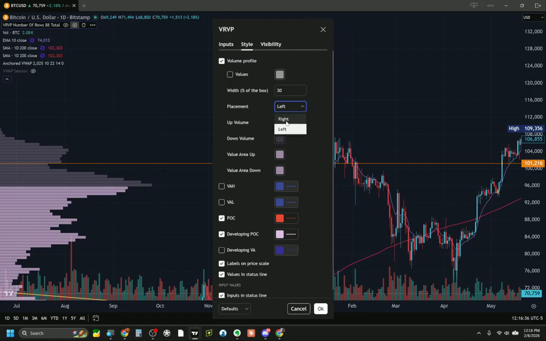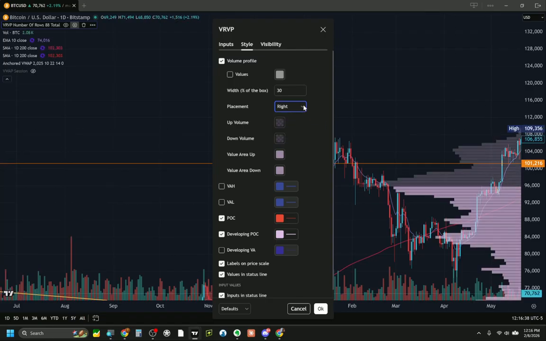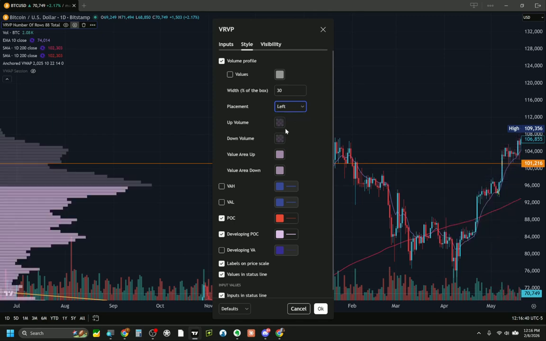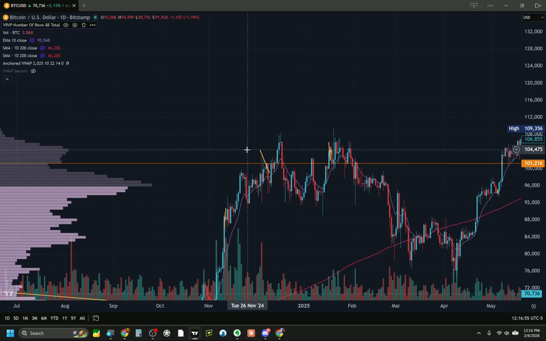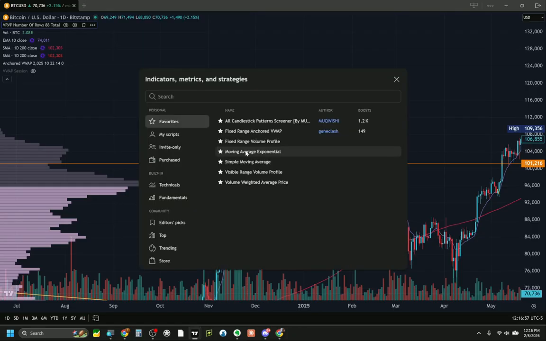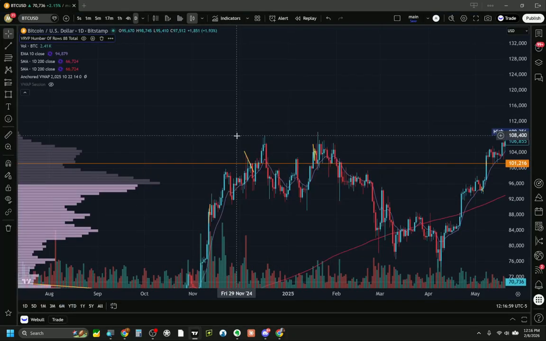Sometimes I switch them to the right for lower time frames. There it is. I just put that one on the left. I don't differentiate between up volume and down volume. So if you had that selected, for example,